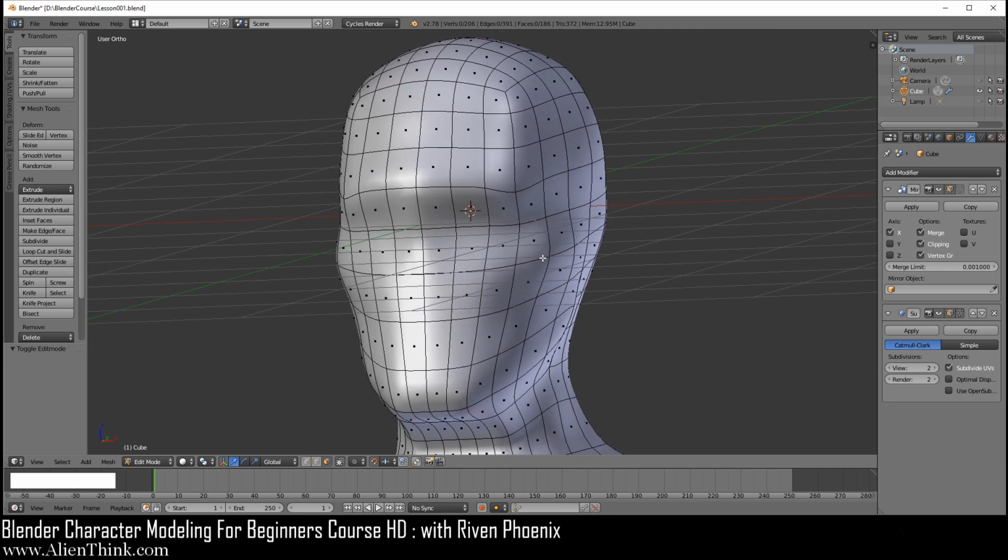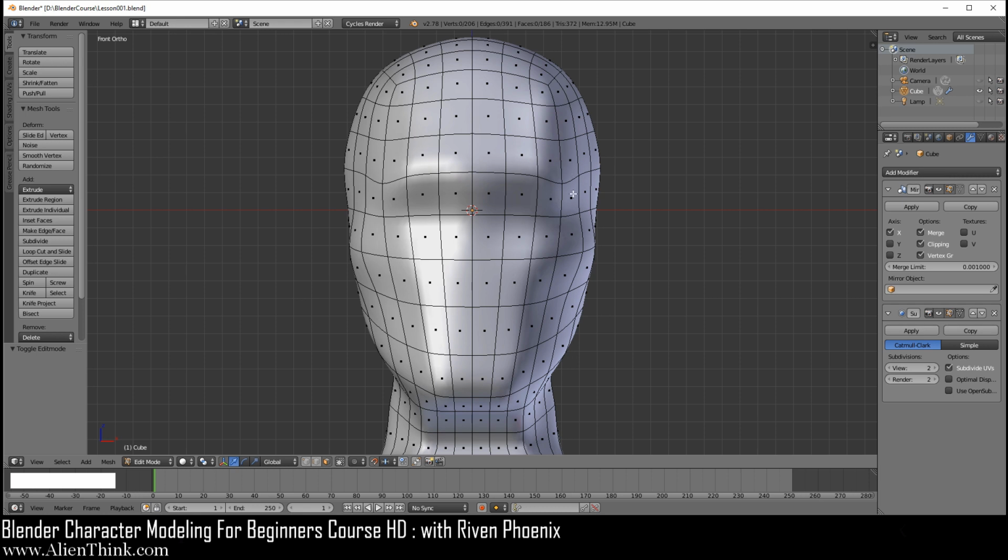And what the topology needs to do is basically flow around certain features of the face to allow it to be animated correctly. That's basically the idea behind topology and this idea of retopology. So everything behaves correctly. It's basically following the flow of the structure of your 3D model.